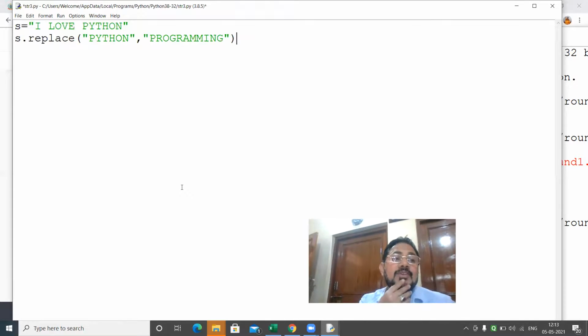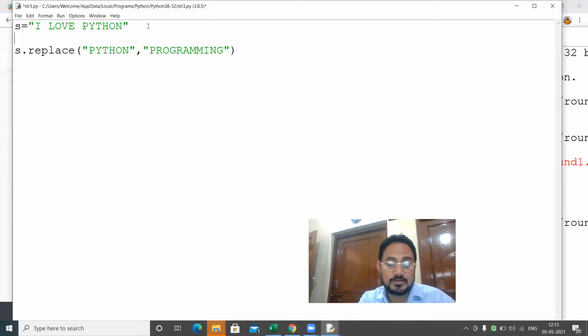So what is the meaning of this example? If you print s before replacing, the result will come as I love Python. But once you print it here, print s, you will get the result as I love programming. Run.